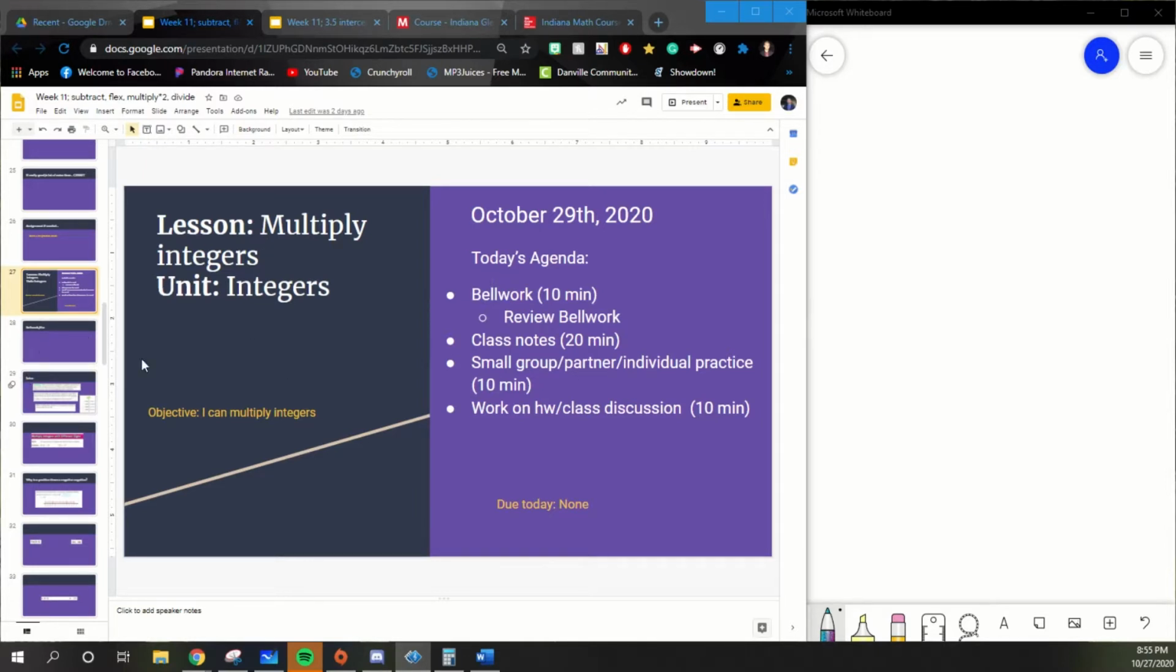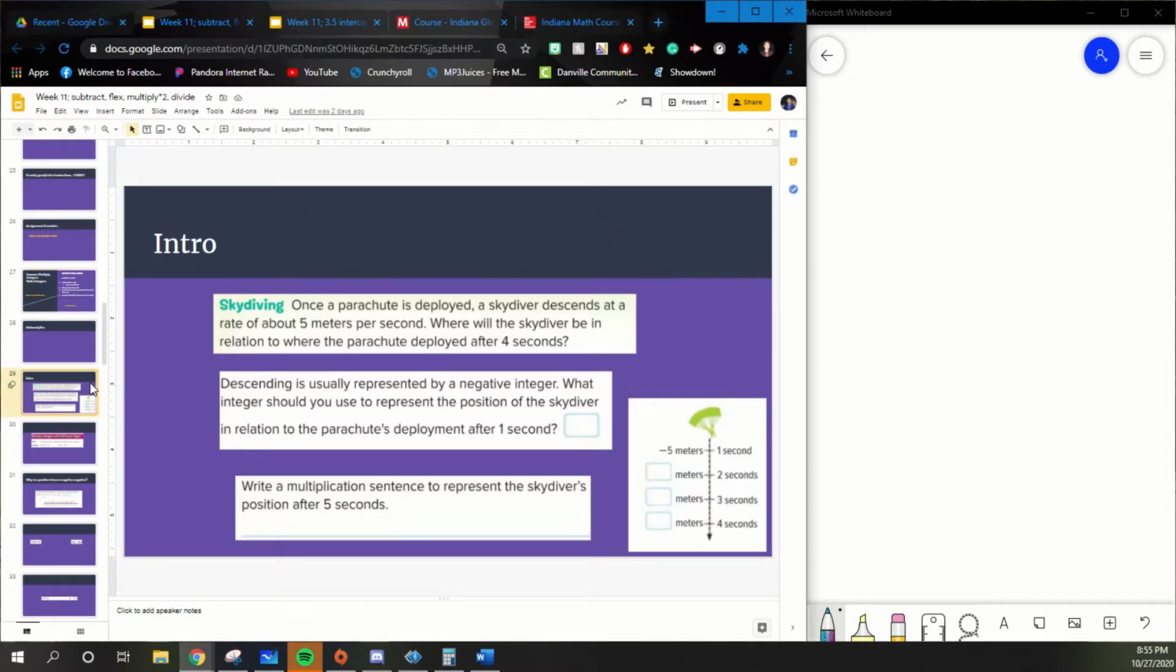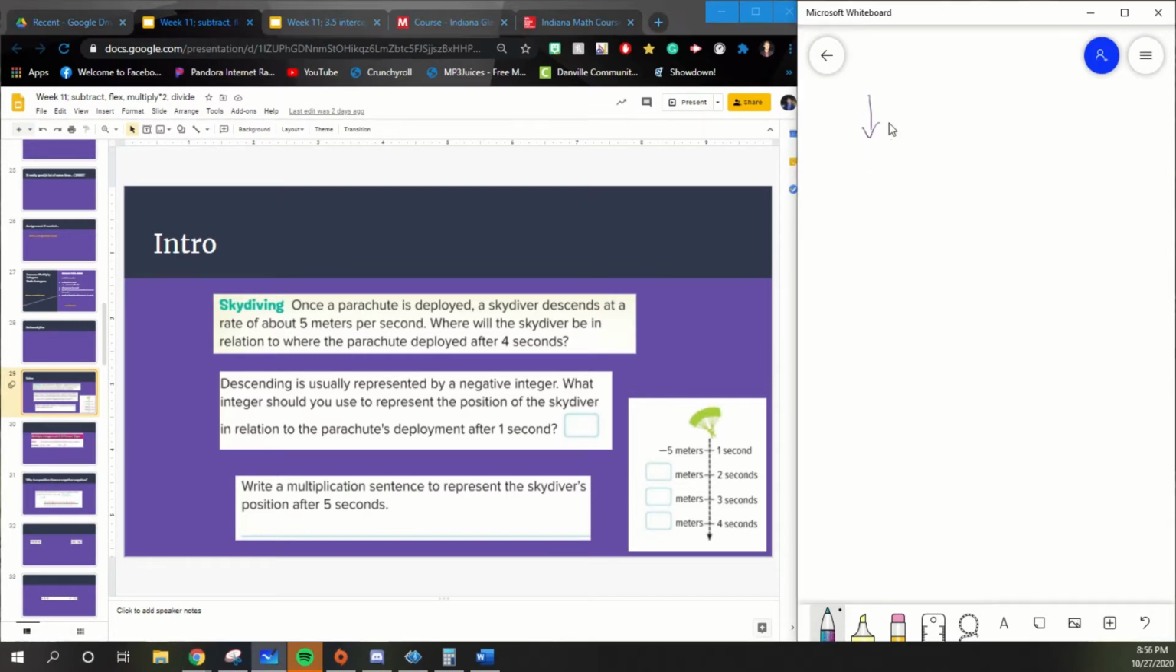So today we're going to be talking about multiplying integers. This intro problem talks about once a parachute is deployed, the skydiver descends at a rate of 5 meters per second. Where will the skydiver be in relation to the parachute deployed after 4 seconds? Well, when we're falling, we're definitely going down, which is normally expressed as a negative, right? He's going down 5 meters a second, so he's going down -5. And then he's going down -5 for 2 seconds, -5 for 3, -5 for 4, so for 4 seconds it